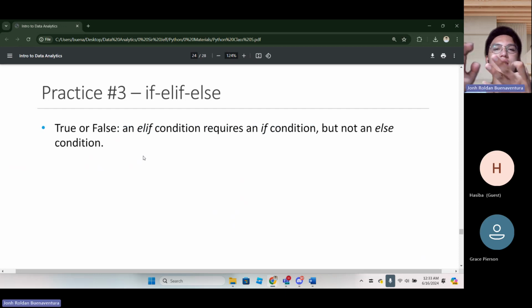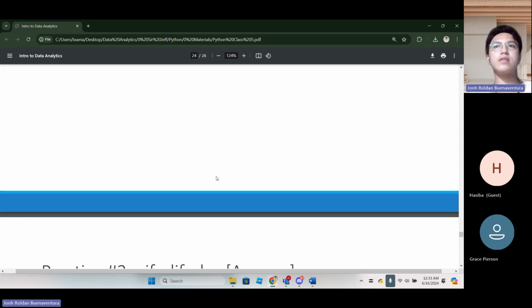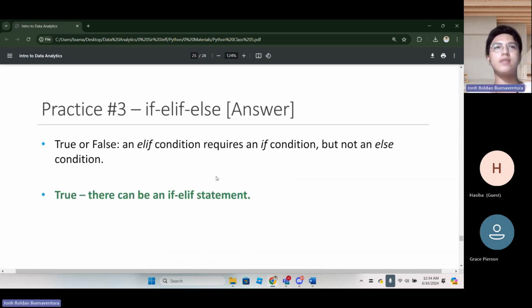The structure is if, elif, else. Okay, true. Both of you answered true. So what's the answer here? Yes, true. There can be an if, elif statement, so without the else, it can exist. However, elif requires if. So you cannot start a conditional statement without starting it with an if.